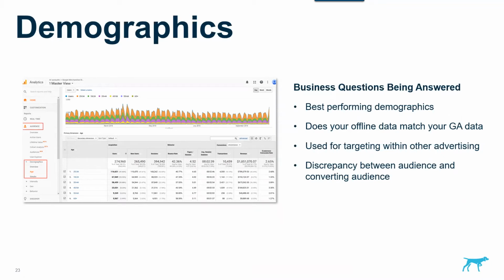I gave you an example before of adding a secondary dimension, and you can look at your data by both age and gender across these same metrics. So it gives you a lot of powerful information on who your customer really is, what the most popular age and gender are. All advertising platforms have demographic level targeting available now. So looking at this report, you can identify your best performing